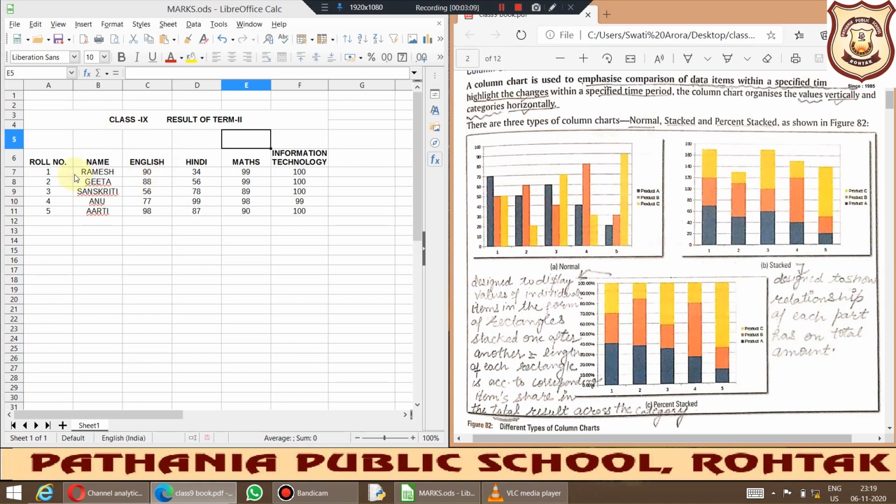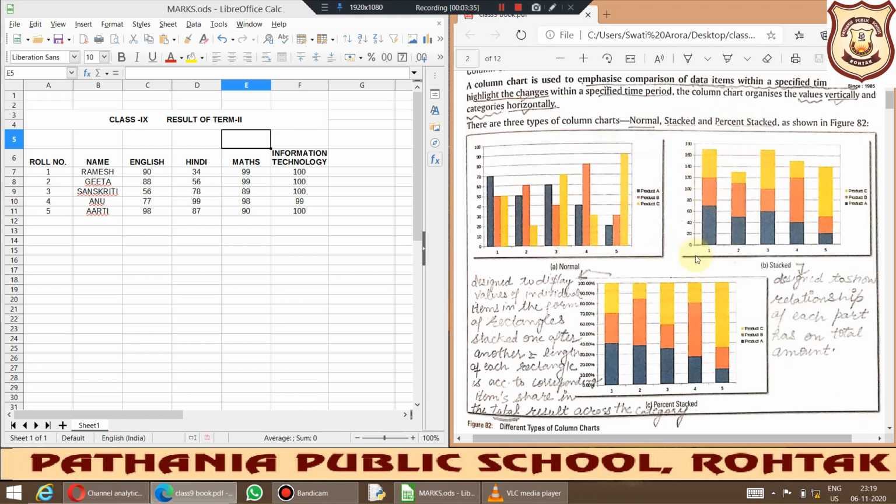Like if Ramesh is scoring 90 marks in English, 34 marks in Hindi, 99 marks in maths and 100 marks in information technology, you will see a stack is a thing having one thing over another thing. Like we are putting things in a bag, the first thing you put at the bottom, then you put the second thing, then the third thing.